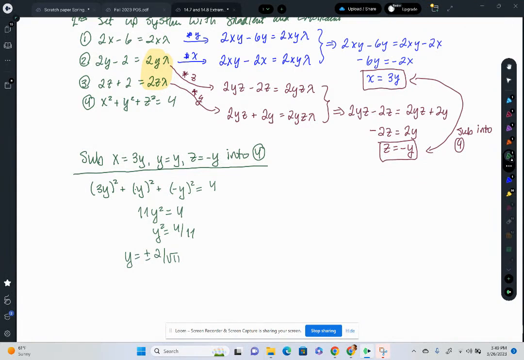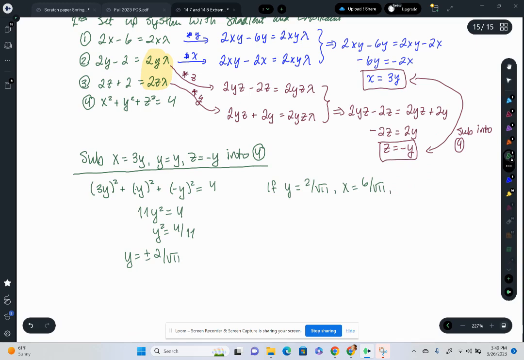Okay, and let's see, if y equals positive 2 over the square root of 11, then x is 3 times that, so 6 over the square root of 11, and z is negative that, so z is negative 2 over the square root of 11. So the critical point there is 6 over square root 11, 2 over square root 11, and negative 2 over square root 11. And the function value